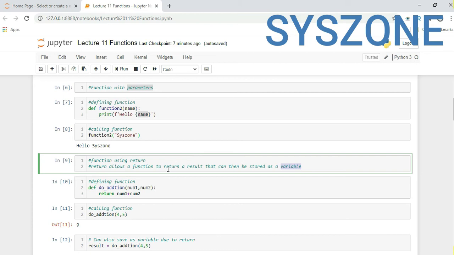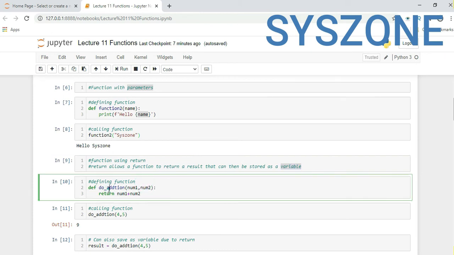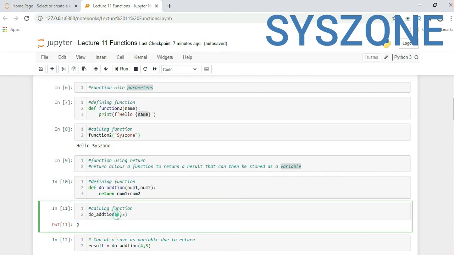So here we are creating a function with the return keyword. Here we are doing an addition. def addition, with two parameters num1 and num2. The return keyword will return the addition of the two numbers. While calling this function, we are passing two parameters, 4 and 5. If you see, the result is 9.